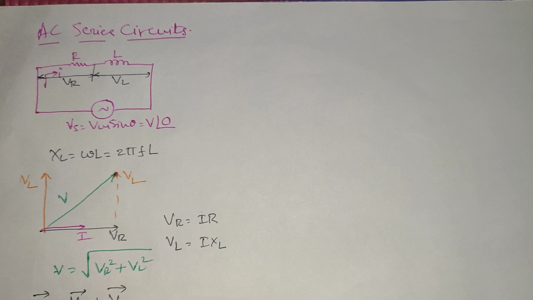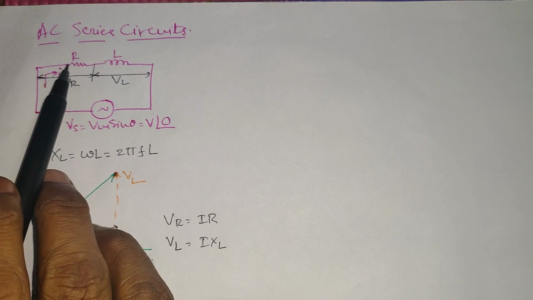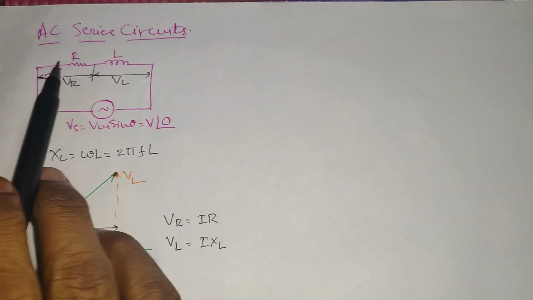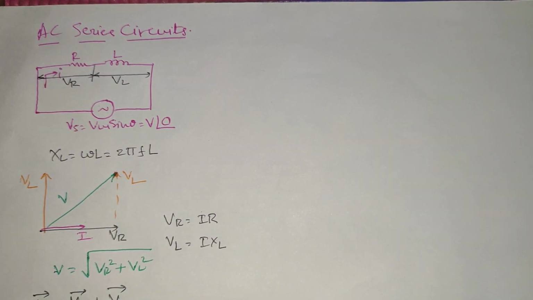And let us consider an equivalent impact of the series combination R and XL. I consider that as the parameter Z, such that I into Z will be equal to V bar, that is I bar into Z bar. So here substitute these values. We are going to have I bar into Z bar is equal to VR, which can be written as I bar into R,